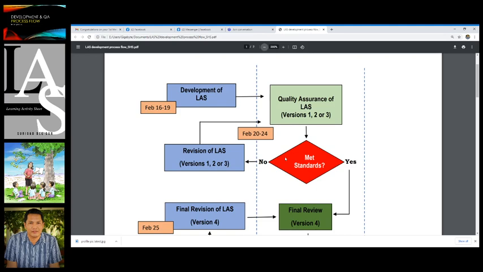If the answer is yes, then the LAS could directly forward to the final revision. But if the answer is no, then it would undergo a cyclical or reiterative process of revisions. That would explain the terms version 1, 2, or 3. The assigning of the version number of the last output during that phase or during that process